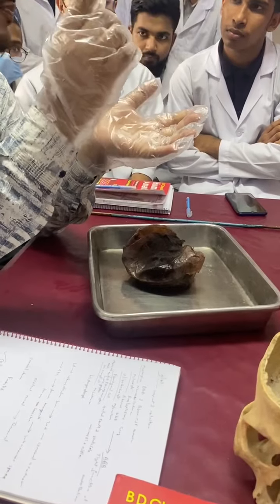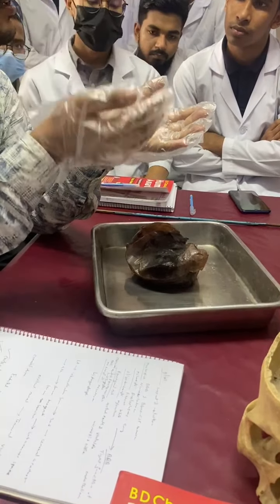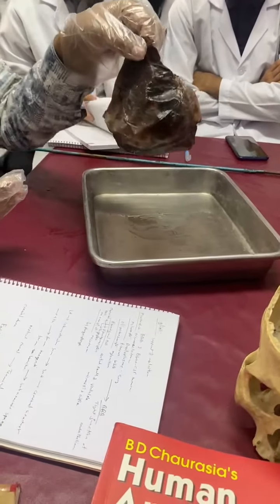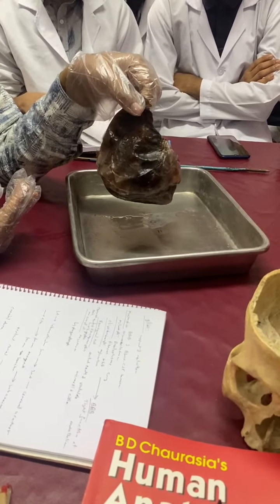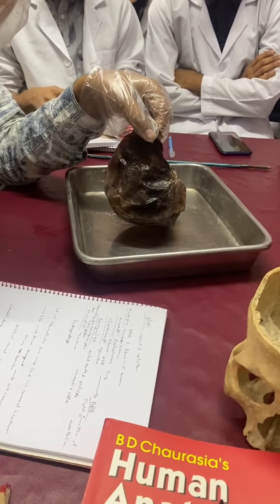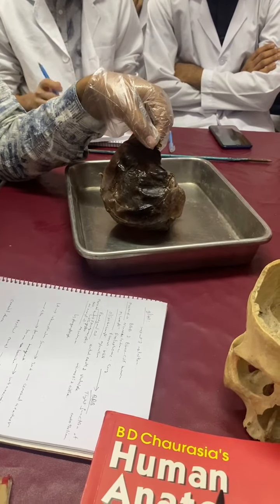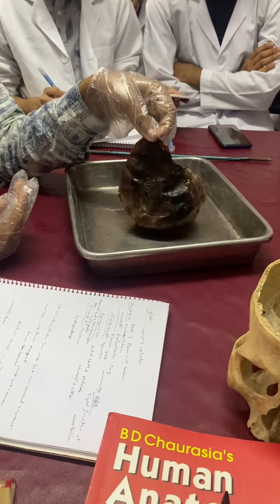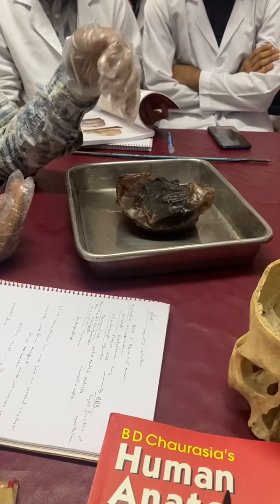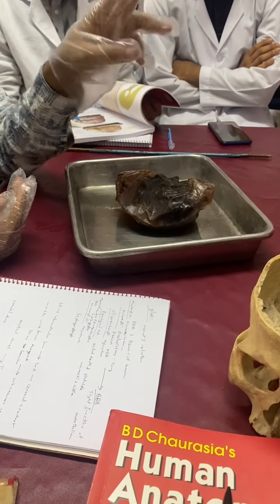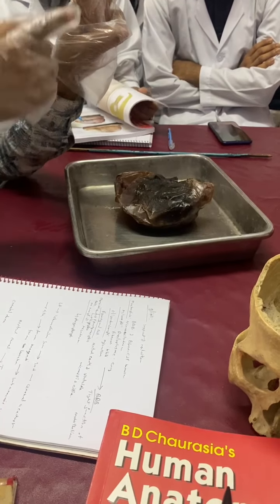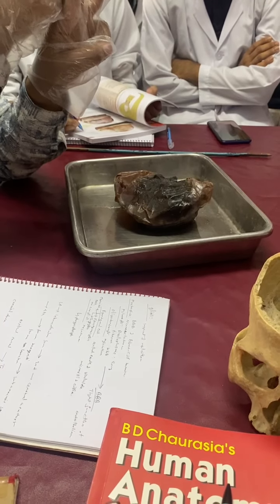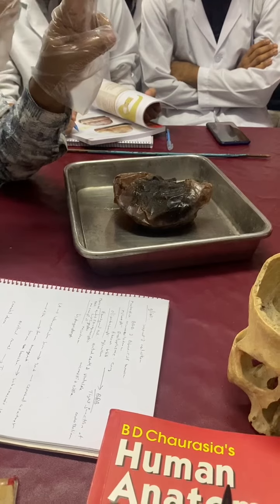And this arachnoid matter and pia matter are normally attached to the brain. And this layer is not attached to the brain. It is normally attached to our surrounding skull, surrounding bones. Okay, and this is called dura matter. So from these things we have already found that the meninges has three layers. Outer layer is called dura matter, middle layer is called arachnoid matter, and the inner layer is called pia matter.